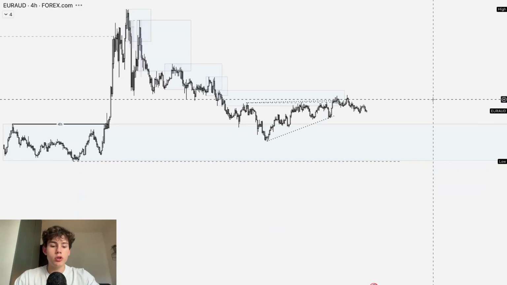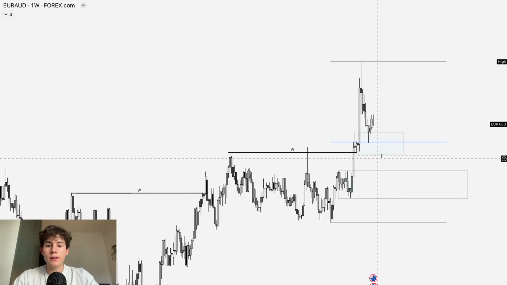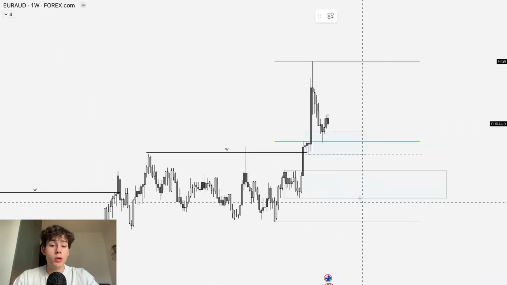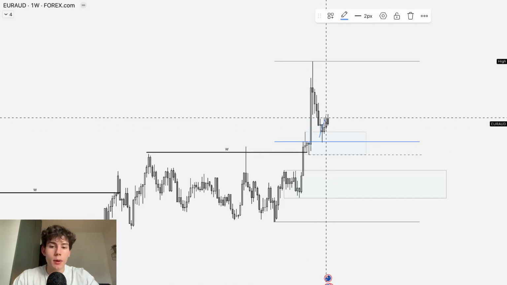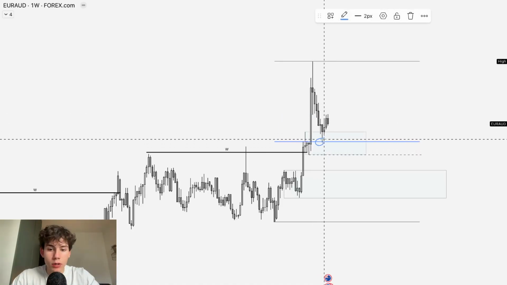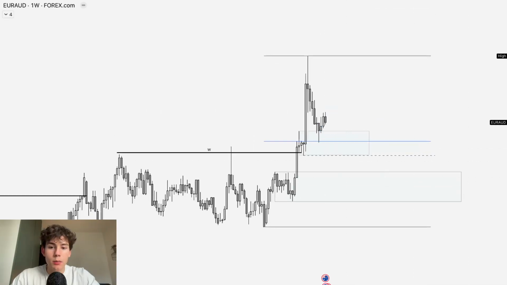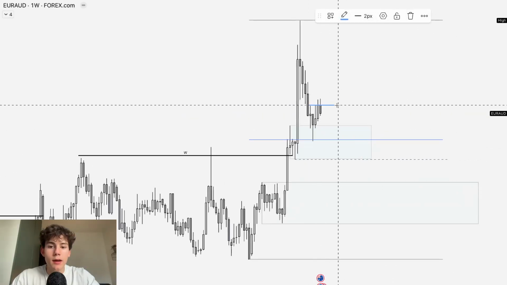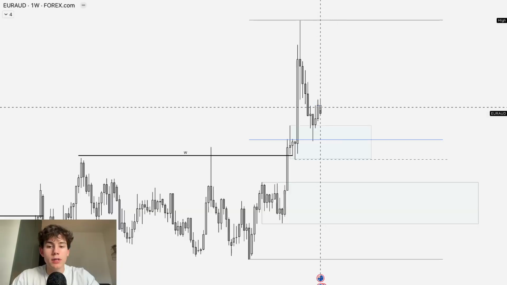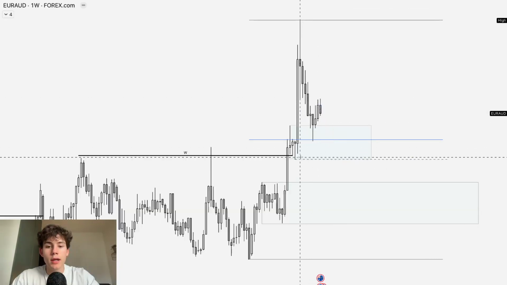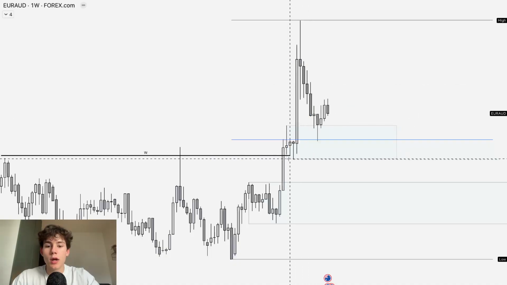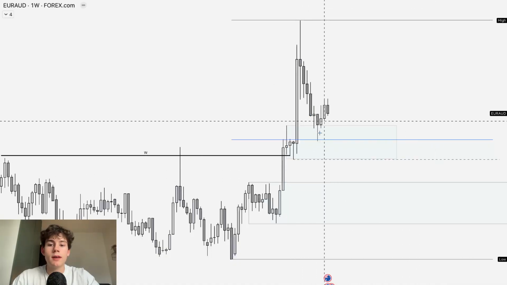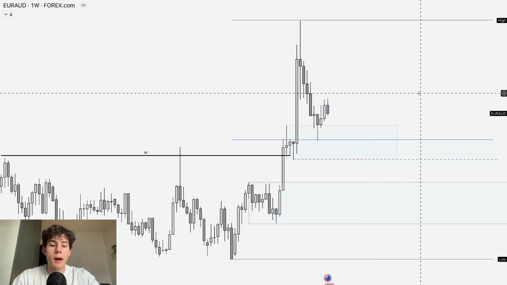Going over to Euro AUD, looking on the weekly time frame, we've seen a reaction from this demand zone trading up higher. Also, these discount prices pushed price up higher, but now we took some weekly or daily internal liquidity above this high, and we could trade down lower again, because as we see in this move up, there's no liquidity. So what I'm expecting is that liquidity will get taken out before we start to move up higher.